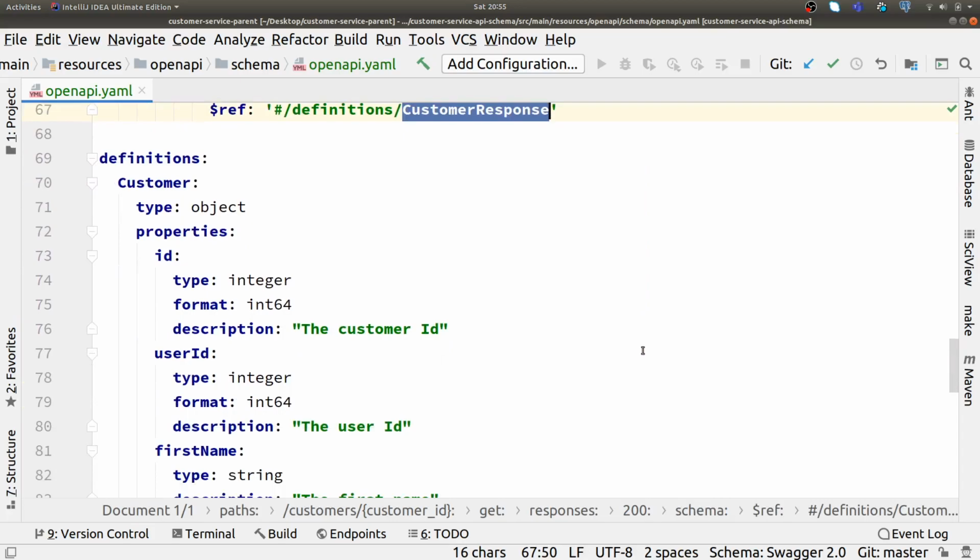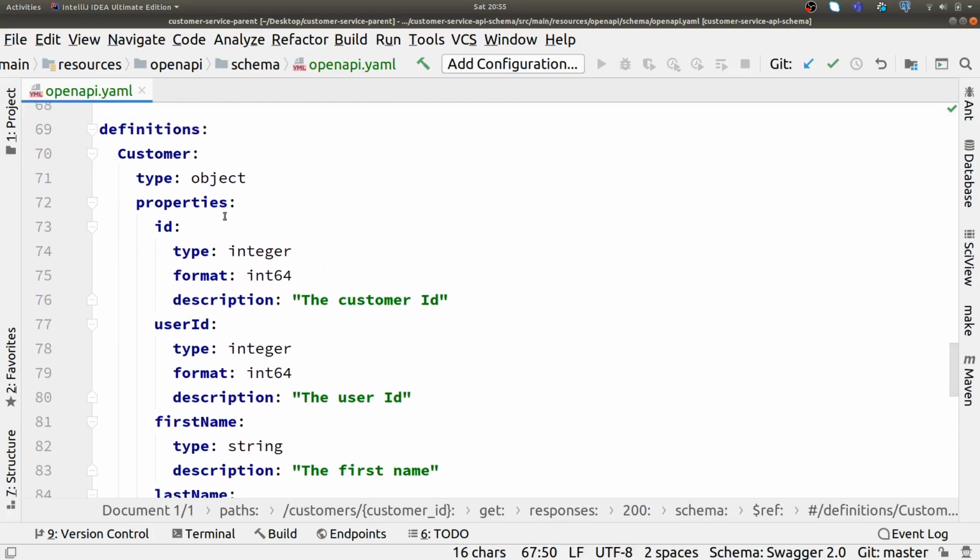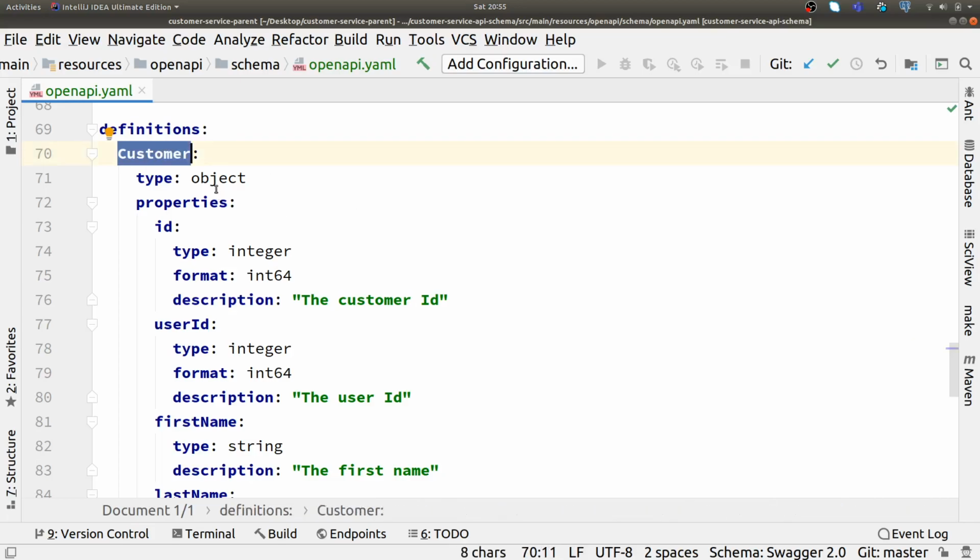So now let's discuss the definitions. A definition is the object which the other service, or whoever is calling this endpoint, will receive. Also, one more thing: as per the REST standard, all responses should be of type object, which means a single boolean variable or an integer variable is not as per the standard. So all responses should return an object, which can have a single string field or boolean field or a list of some data. So customer will be of type object.